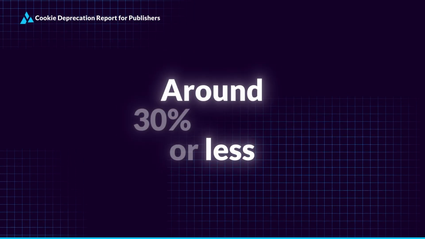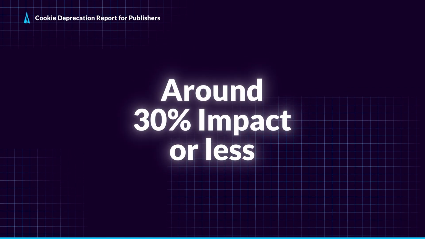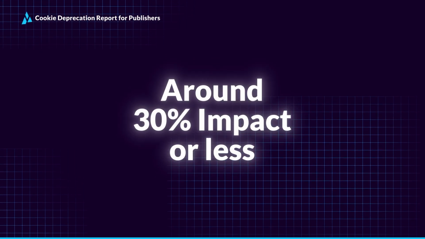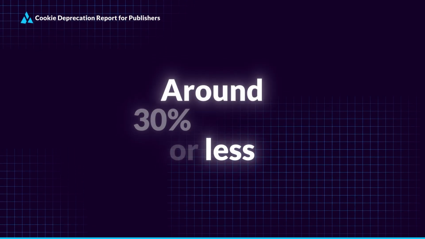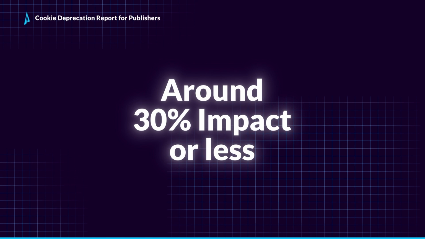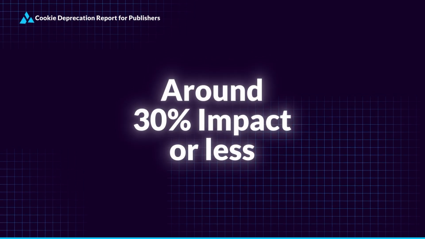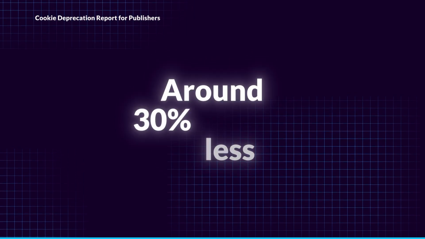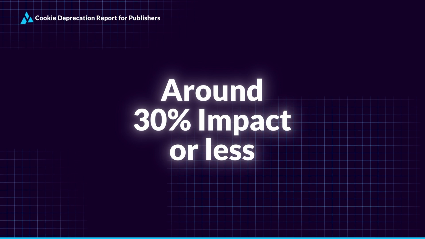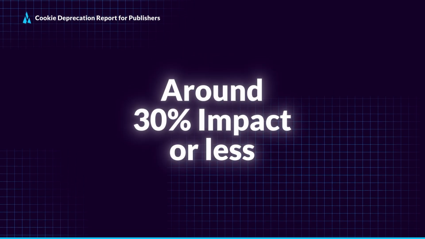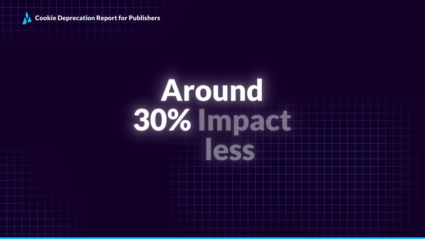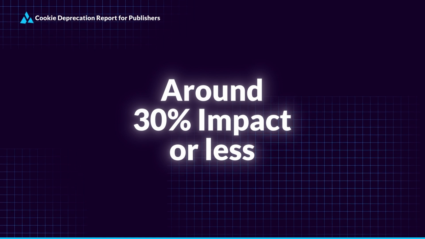In order for us to understand what the situation is right now for us specifically, ideally we have access to data that shows where we sit at the moment and what we would have to expect in the worst case. And then over time, as things develop, we can see how it is improving and how the percentage difference between the cookie environment and the non-cookie environment is narrowing down.